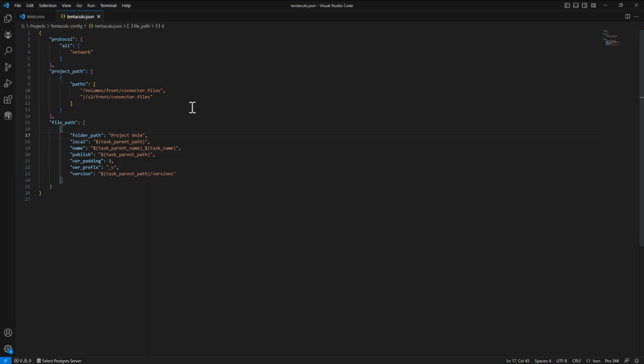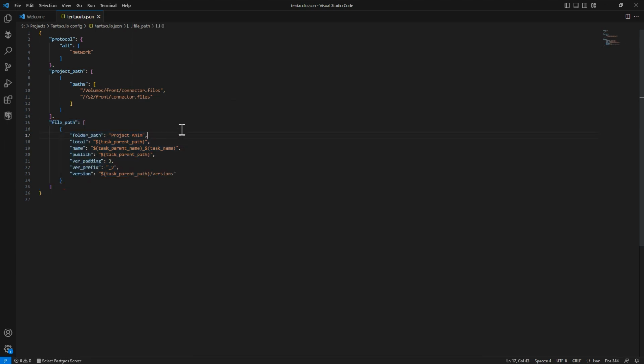The main things that need to be configured are the file storage with which we'll be working, protocol, the path to the files, project path, and the rule for naming files depending on the tasks, file path section.